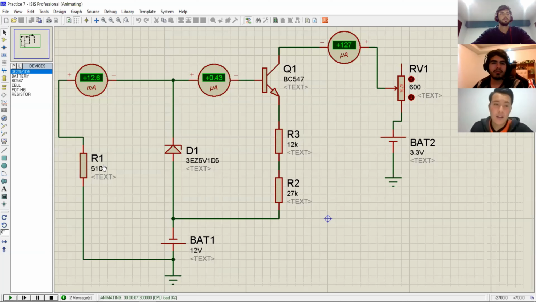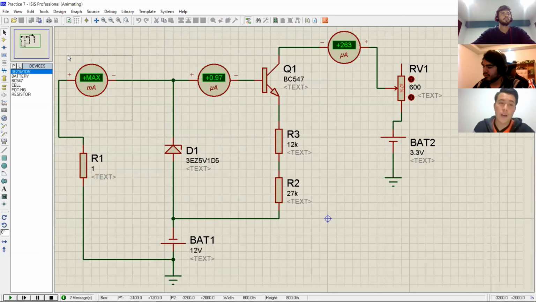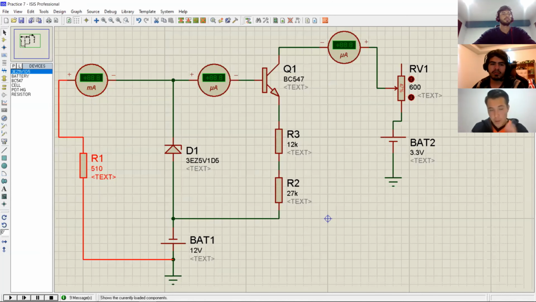Then we observed that if we modify the resistance one into a very low resistance, maybe 1 ohm, the total current that we had was 7 amperes. If we pass that current into the diodes, they are not going to work, and that's going to be a problem. So we need to ensure that we are working at a current that the diode can